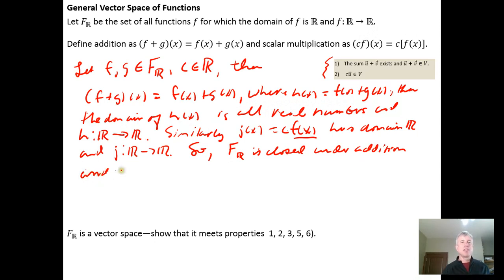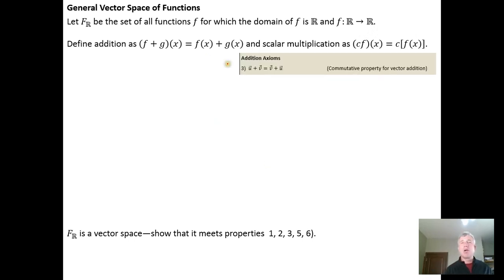And scalar multiplication. So if we try to show axiom 3 holds, axiom 3 is the commutative property. But what we want to note is, so we'll say something like, note that because